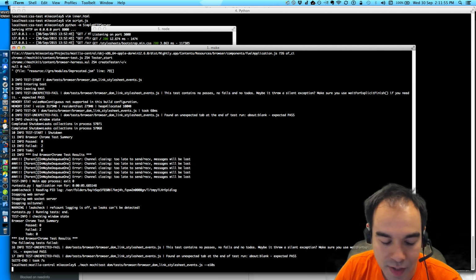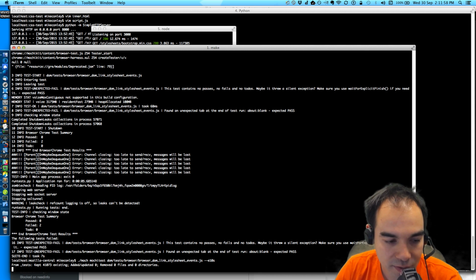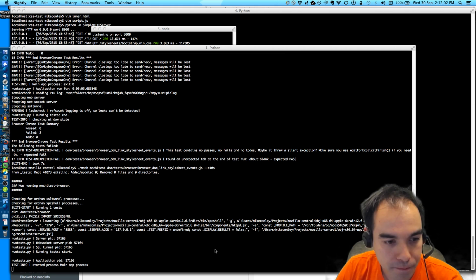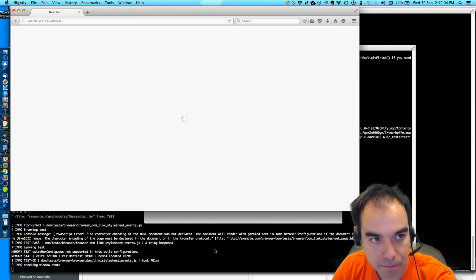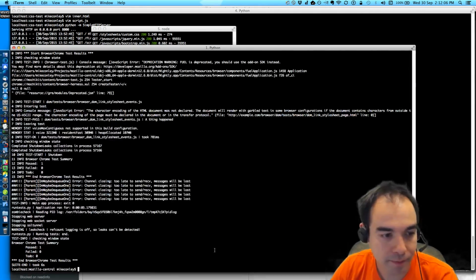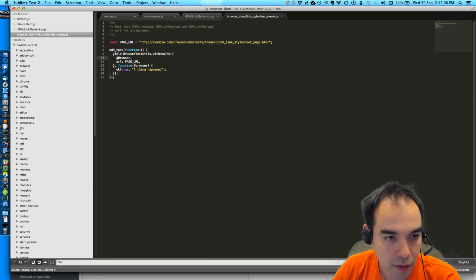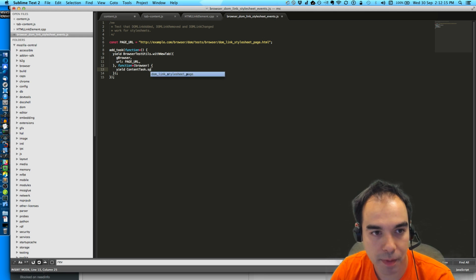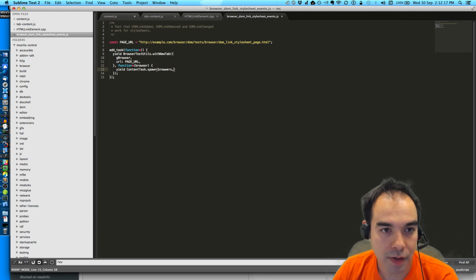Man, it takes too long to spin up this test framework. Okay, so we have our loaded browser, and then what I'll do is content task spawn browser.